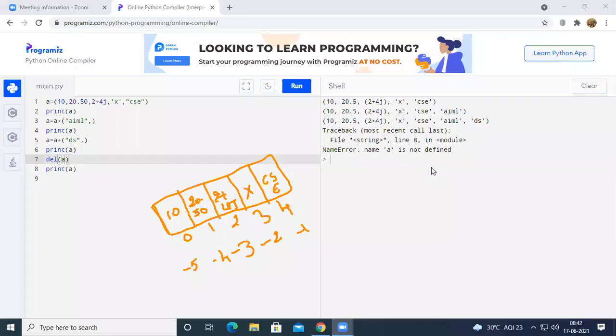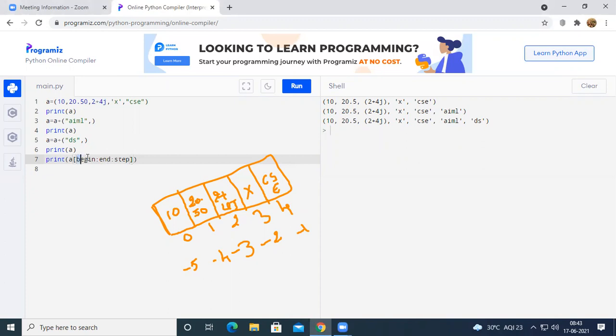Now let us see how we can slice a tuple. I am deleting this delete function. Now I am going to slice a tuple. The tuple has a total of 7 elements, and slicing is similar to the list. The tuple name is A, and inside A we have begin, colon, end, colon, step. If you enter some values here, then we get the slice.